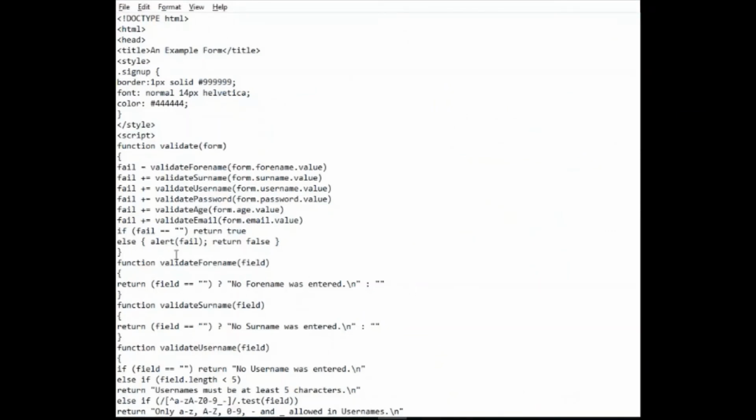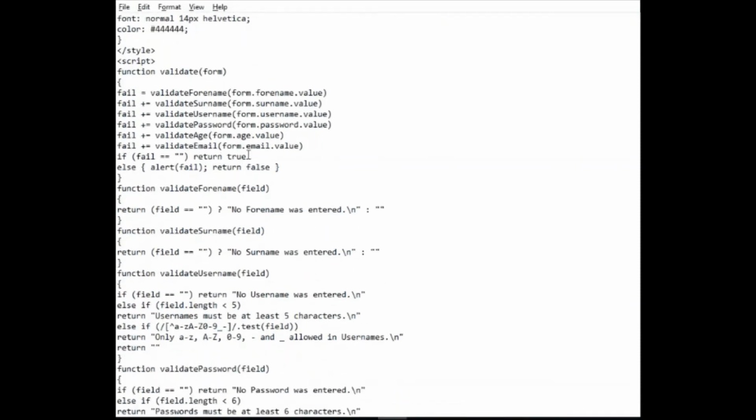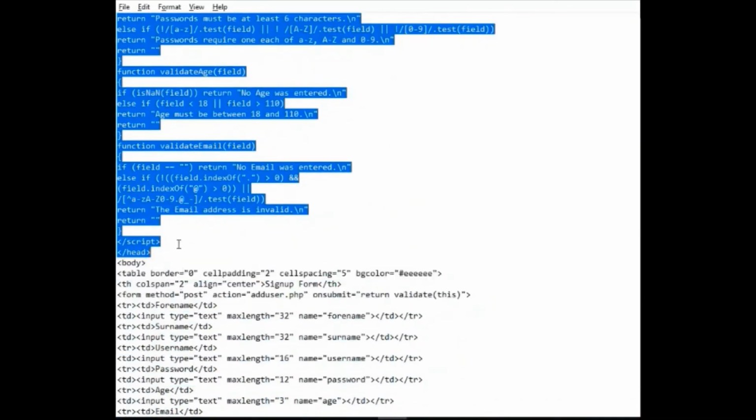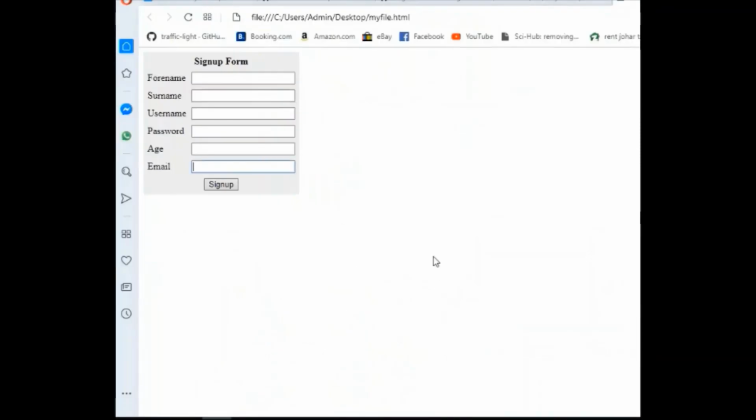I'll show you. Right here, this is the 17-1, and right after the validate function closes, right here I have pasted all the other functions from the other file up till right here. The remaining code is the same, there is no change. So let's go and see the output.